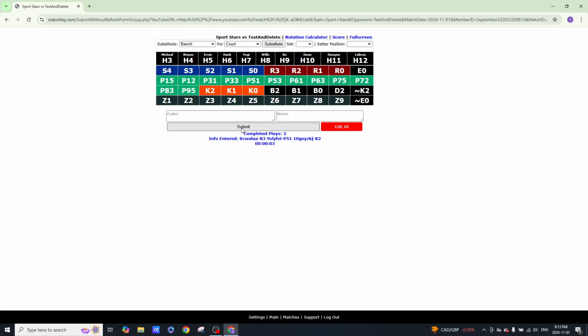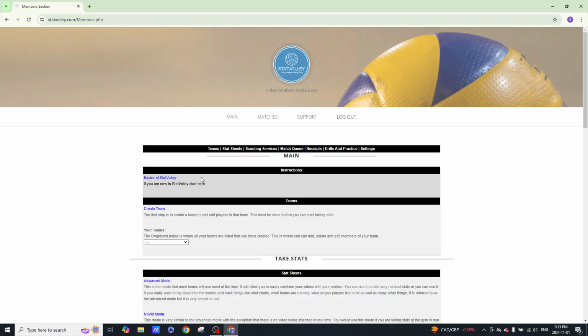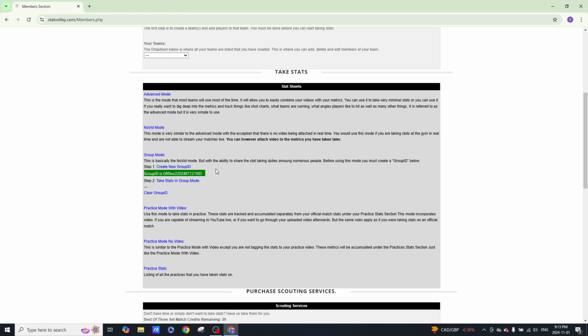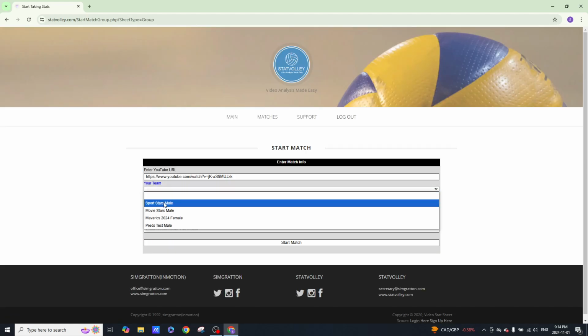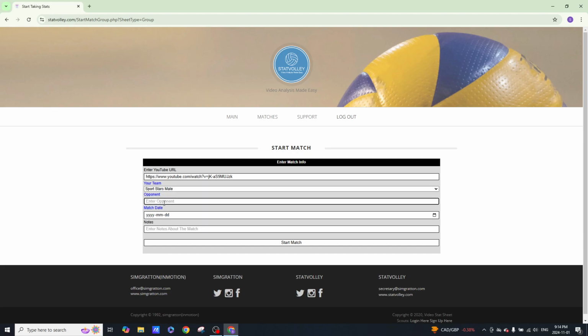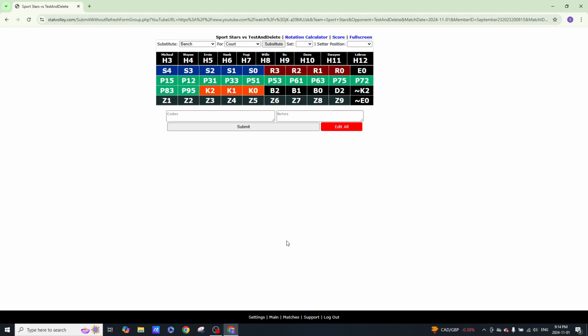Okay, so that's one person, and at the same time you would go in, or just before, you would go in and click on take stats in group mode again. We already have our group ID created, so every time we come in here, it's going to use the same group ID. So we'll just click on take stats in group mode. Again, sports stars, same team, same date because it's the same match. And let's say that the person taking stats for this was named Peter. Okay, then we click on start, and then